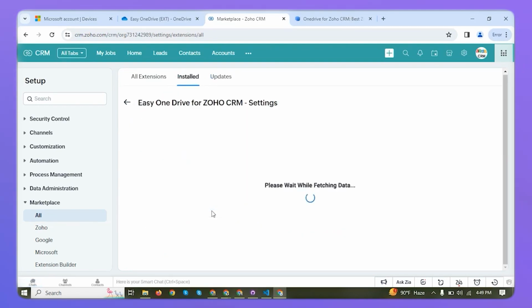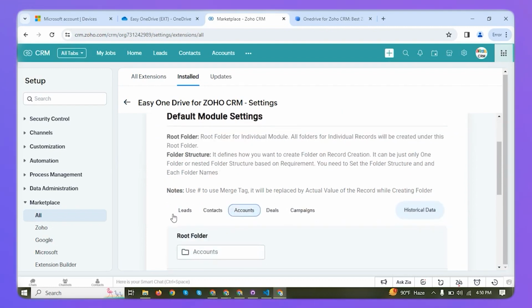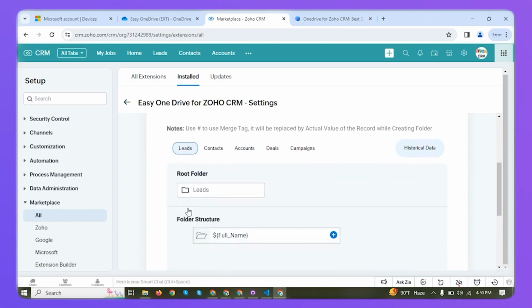In the Module Settings section, you can see 5 different default modules. These modules are Leads, Contacts, Accounts, Deals, and Campaigns. You can also see the default folder structure here. This means that whenever a record is created in any of these 5 modules, a folder will also be created